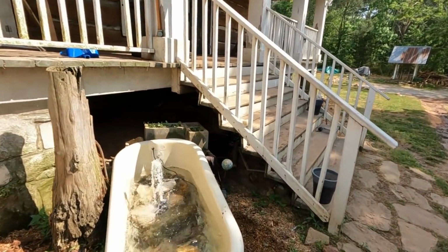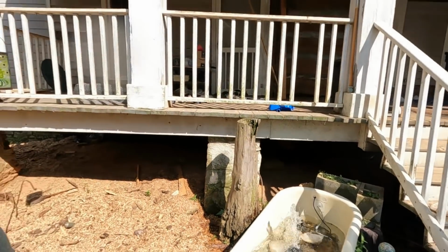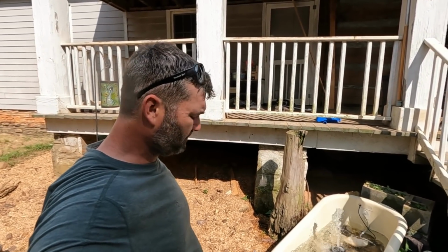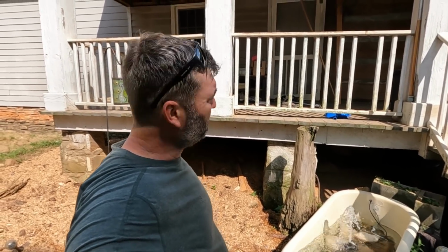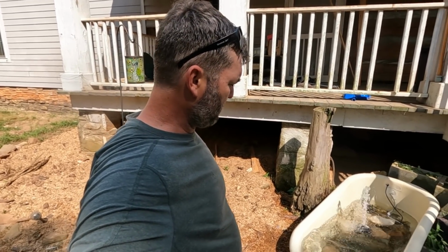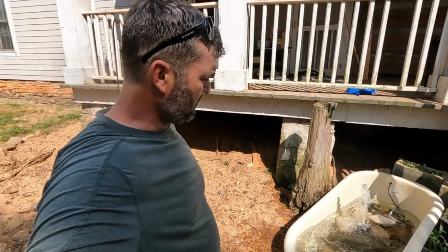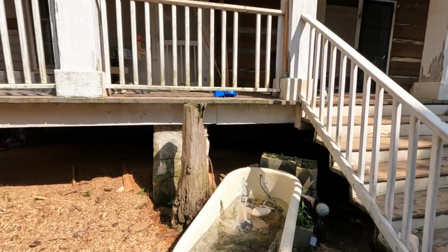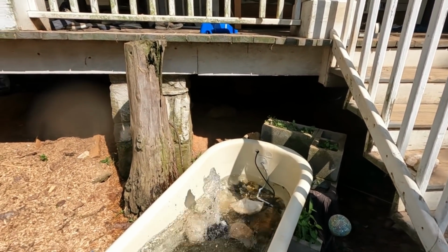Alrighty, that's about 5,000 million times better. So yeah, I'm going to put about 2 tablespoons of bleach in it, and that's going to help tremendously in keeping the algae down, keeping it from turning green. Not a whole lot, just what is 3 or 4 parts per million, so it's still safe for the cats and stuff to drink. And like I said, if I make it to the hardware store, which I might in a minute, I will do a video of